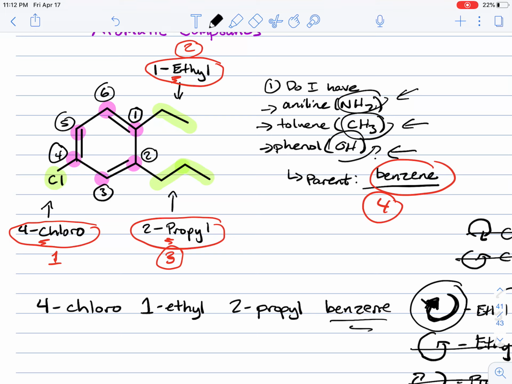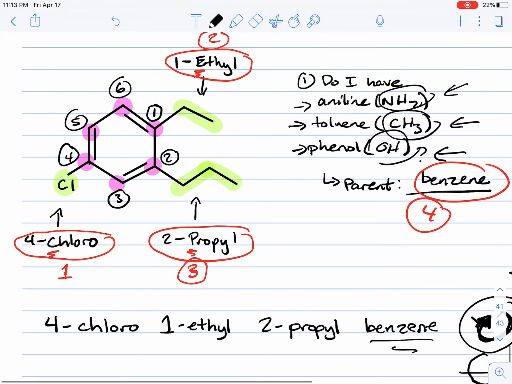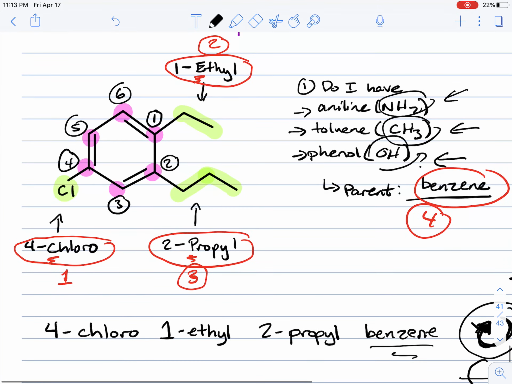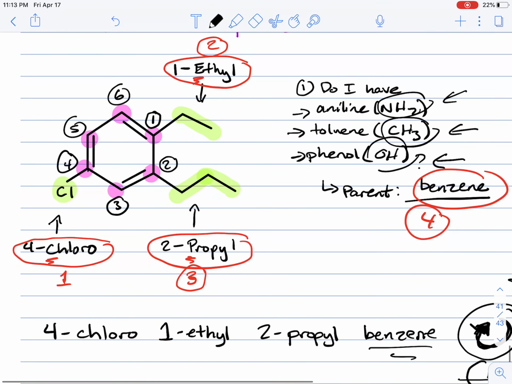Benzene is always last because that is the parent. All of your substituents need to be organized in alphabetical order. And the numbering system is independent of the letters. It's independent of the fact that chlorine starts with C and it's the closest to the very start of the alphabet. Anyways,